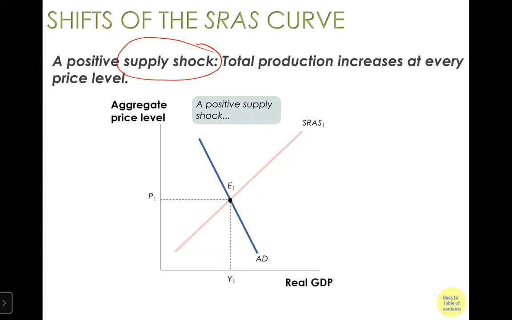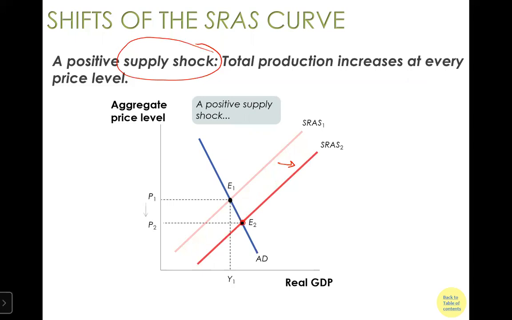So that's a positive supply shock. Or think about Americans finding a better way to organize our workplace, or discovering new technology like the internet, right? That's considered a positive supply shock. So a positive supply shock will lead to an increase in aggregate supply. So the curve shifts to the right, right? Now we are going to enter a new equilibrium,